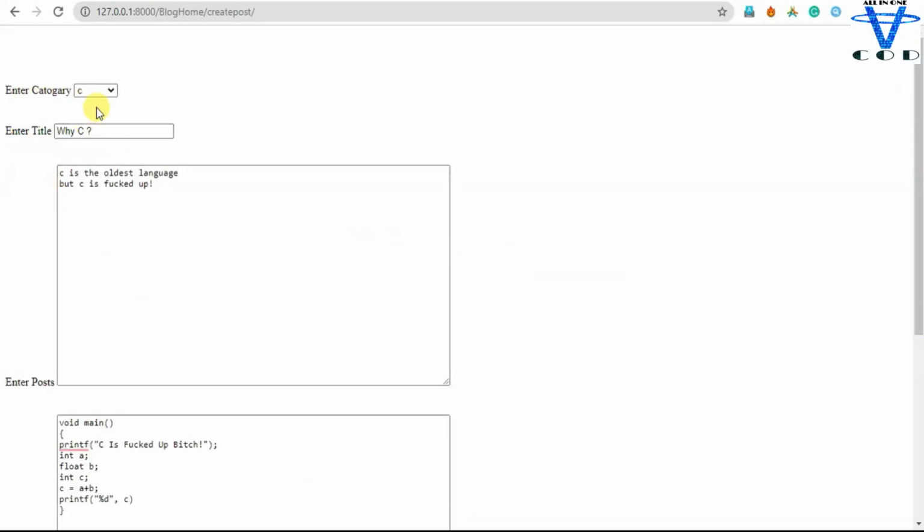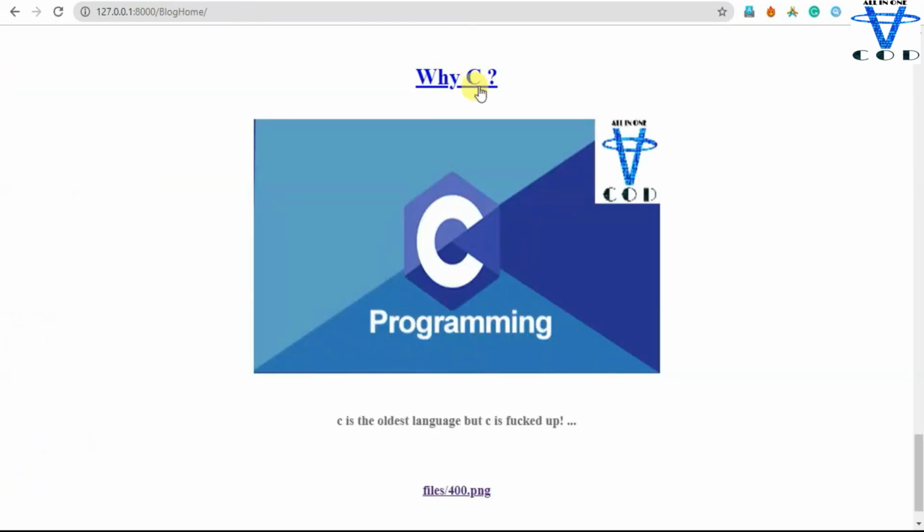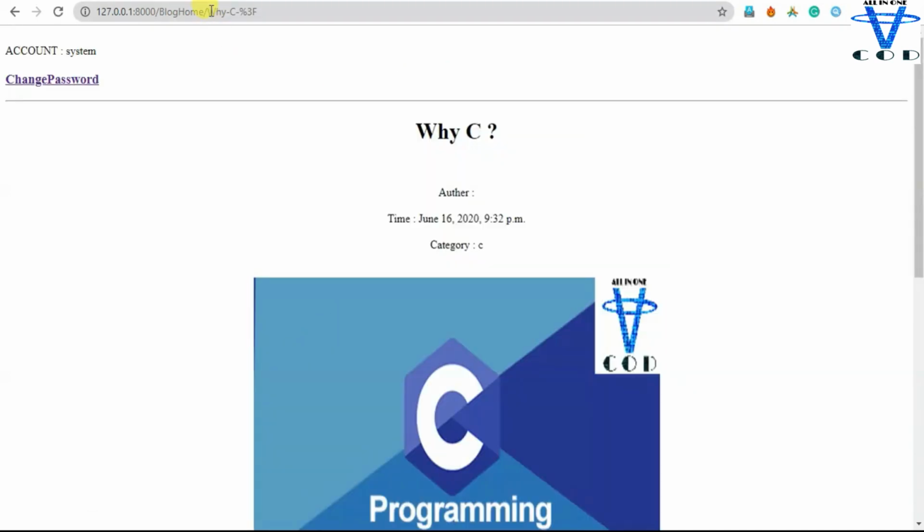You can see here I just added the white space, but with the use of the replace function, it is automatically going to replace white space with the special character dash. And then I created the post and the code, and then I chose the image. So let's try. This is my post YC. Whenever I click YC, you can see it converted white space into a dash. I don't know why I got %3f, but you can see this is running successfully.